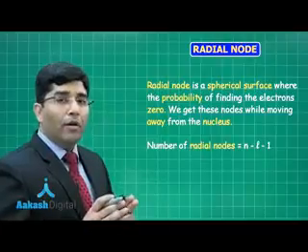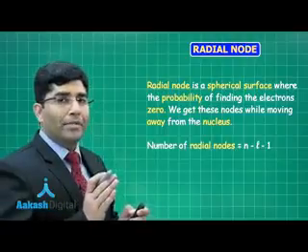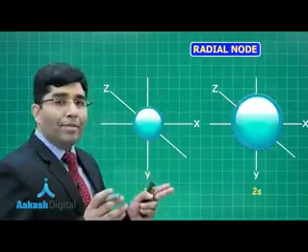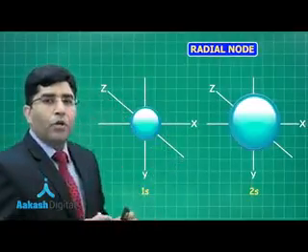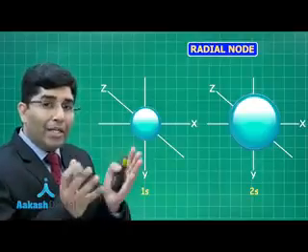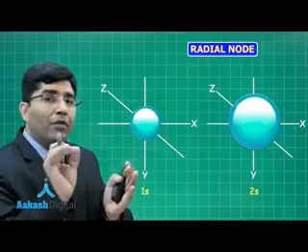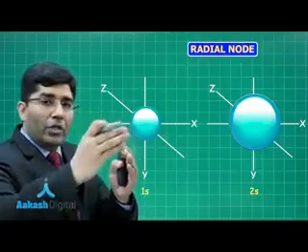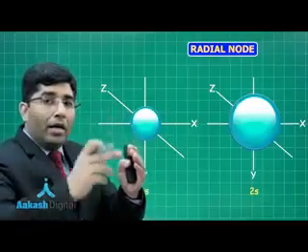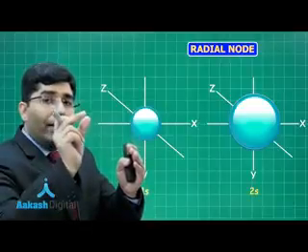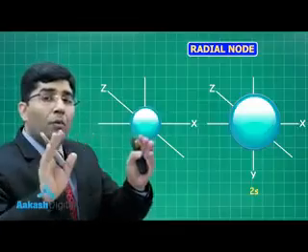Now first of all, I want to explain what a node actually is. We have already studied that this is 1s and this is 2s. So we know that 1s will be present in the K shell and 2s will be present in the L shell, and there will be a gap between the first shell and second shell, a vacant space where there is no probability of finding